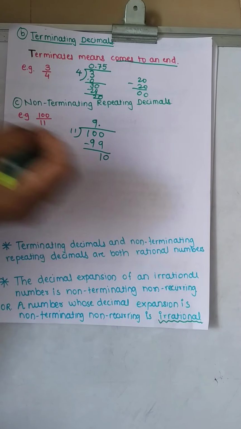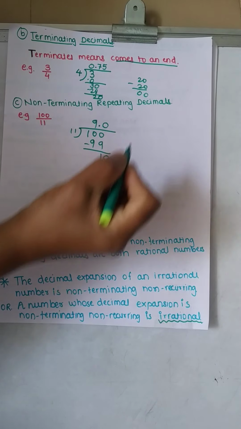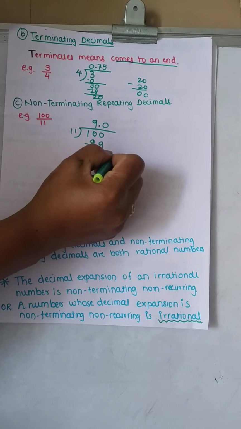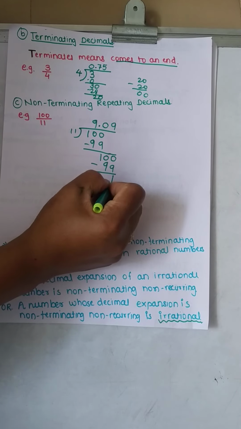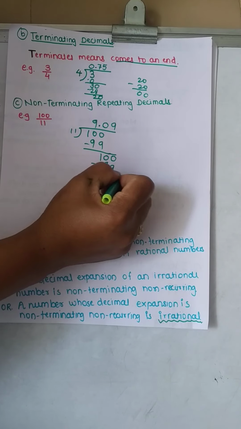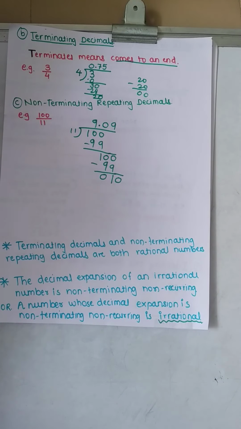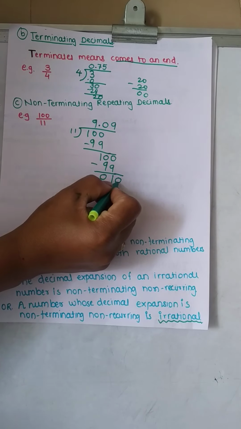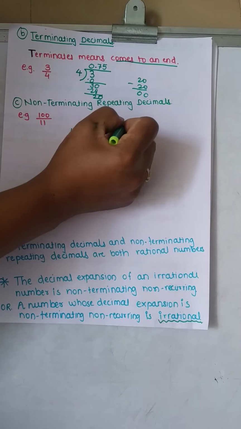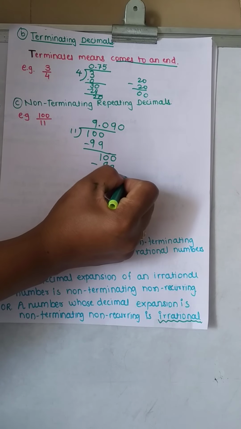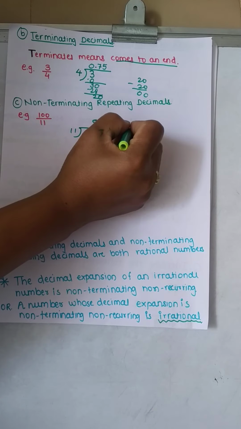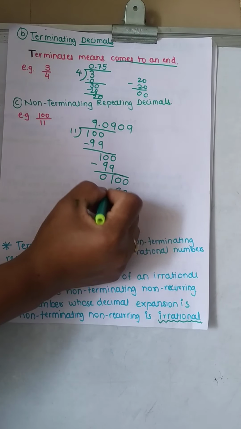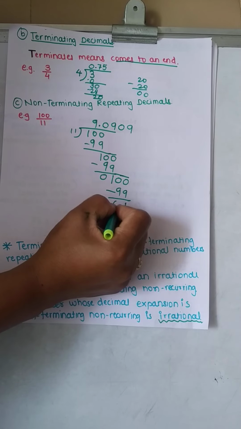Now in 11's table 10 doesn't come, so we will write 0. Now one more 0 we will take. 11 9s are 99, right? Here 1, here 0, we will take 10. Don't take 2 zeros at a time, a single digit we are taking, right? So this 0, now in 11's table 10 doesn't come, so first divided by 0, 11 0s are 0 comes. Then one more 0 we will take, 11 9s are 99. So likewise we will get, right?